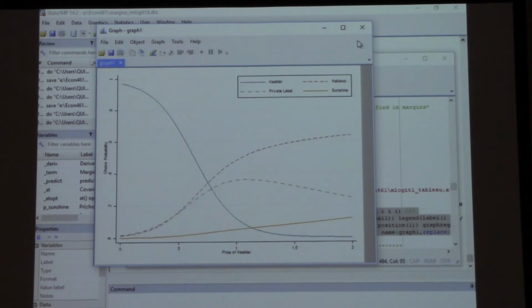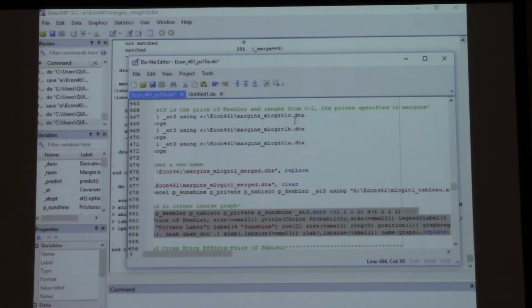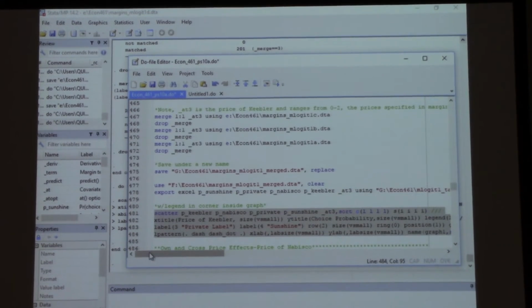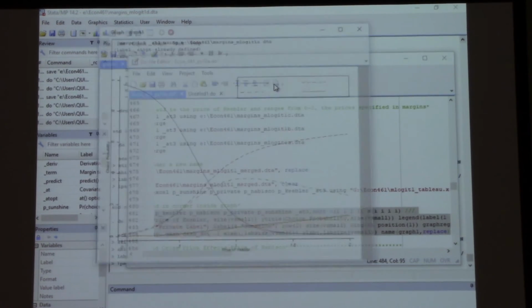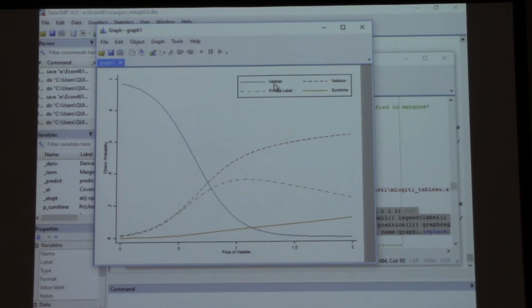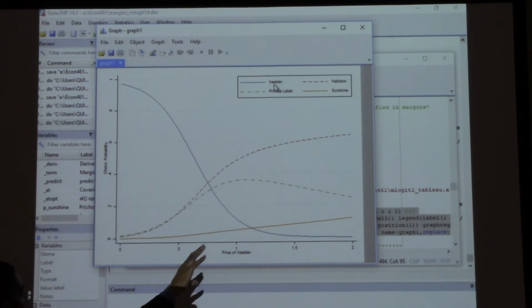Save it. Here's a data set. Save it under whatever name. And so these are, again, the own and cross price effects of Keebler on itself and on the other brands. Then I'm going to do the own and cross price effects for Nabisco on itself and the other brands. Because again,